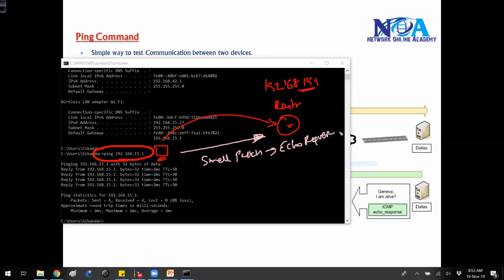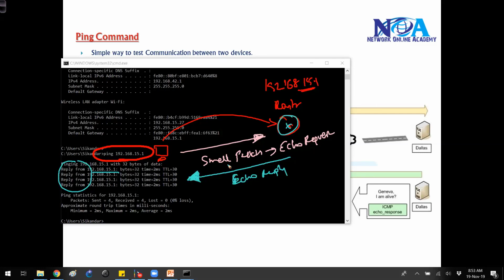We call this message an echo request, which is sent by the source. The destination device you want to reach sends out echo reply messages, confirming that it is reachable. That's what you can see here, the reply coming from 15.1, along with some other parameters.